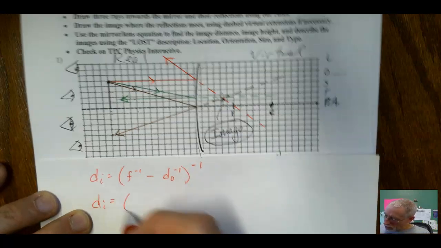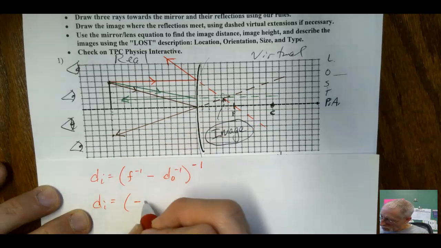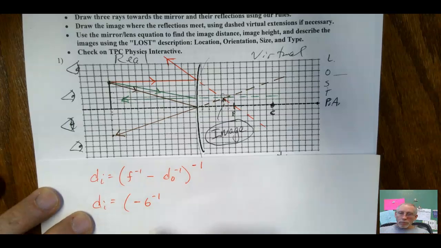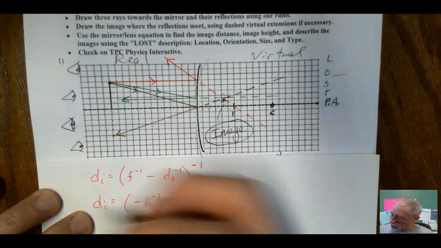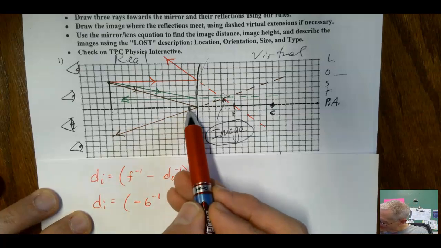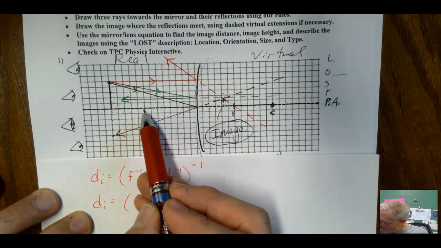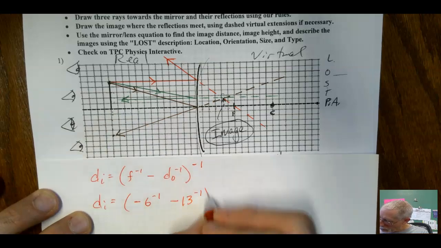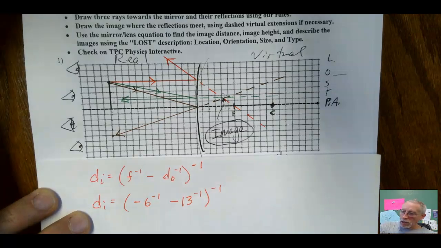So I'm going to plug the numbers in. I just measured the focal length. Again, because it's a virtual focal point, I have to call it a -6. I'm not putting the units in, just for space to avoid clutter, but I'll put them in when we're done. The object's distance, I just have to count 1, 2, 3, 4, 5, 6, 7, 8, 9, 10, 11, 12, 13. I did that really fast. You can trust me. And then I grab a calculator,